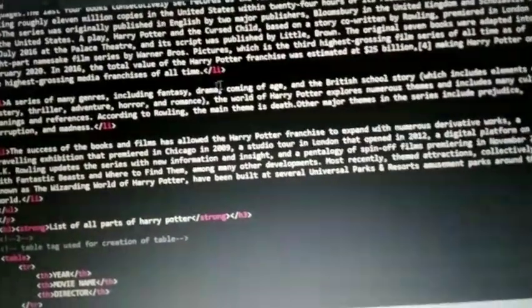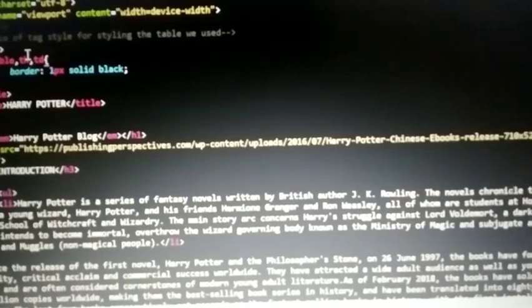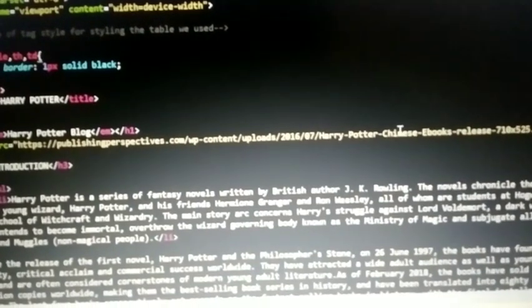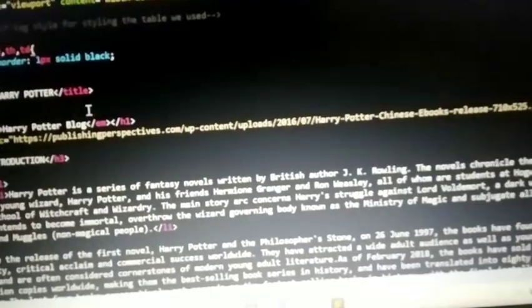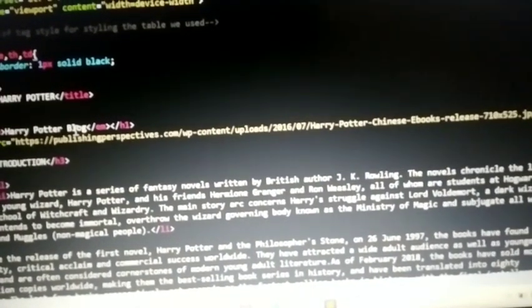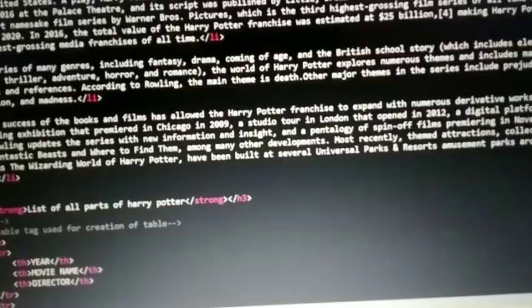Then I have used the list tags. Basically list tags will present my data in the form of a list. And also I have used here a style tag which is basically used for styling my table and providing it border. Then I have used here the em tag. Em tag will basically convert my heading into italics. Then going forward, the other important tag which I used is, as I told, table, for creation of a table.